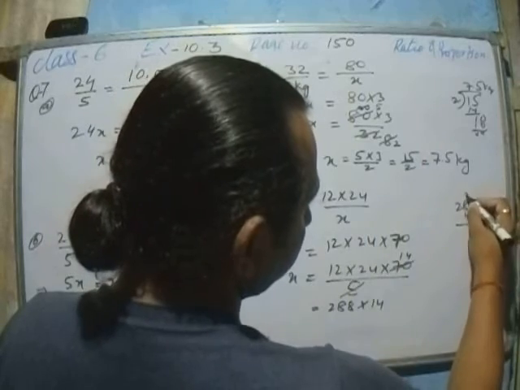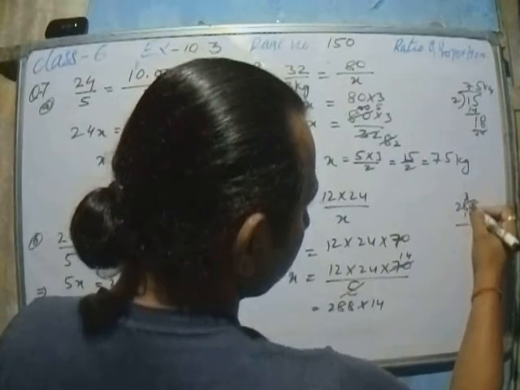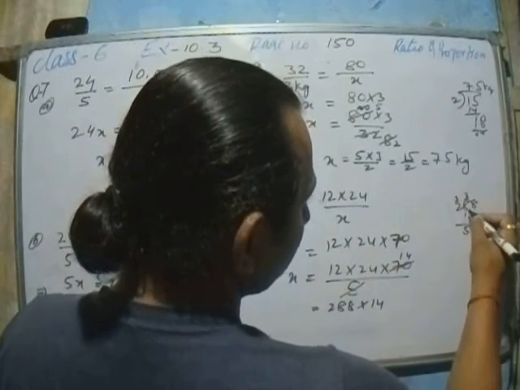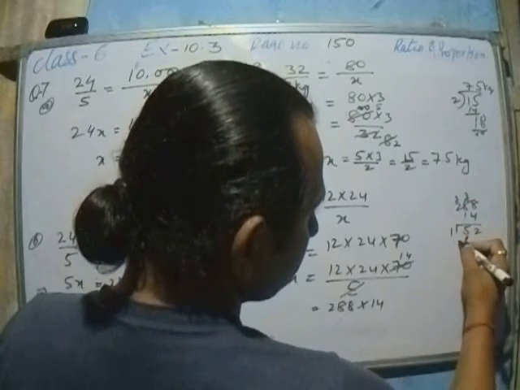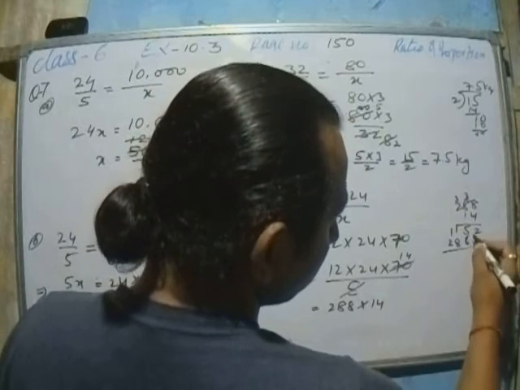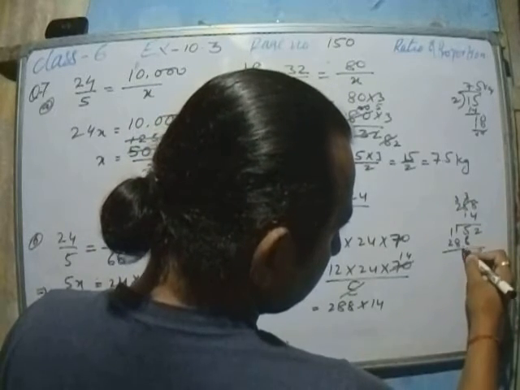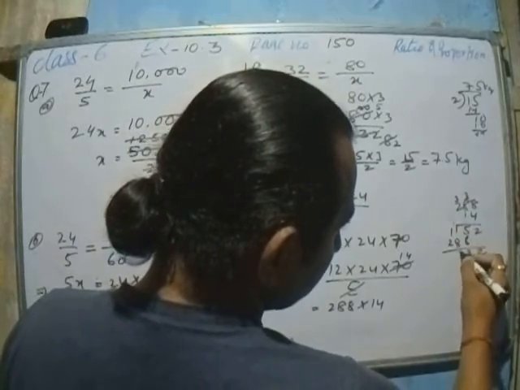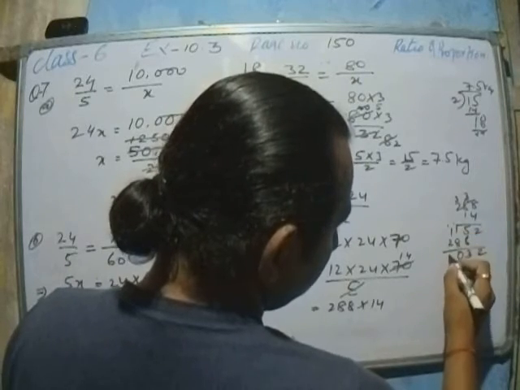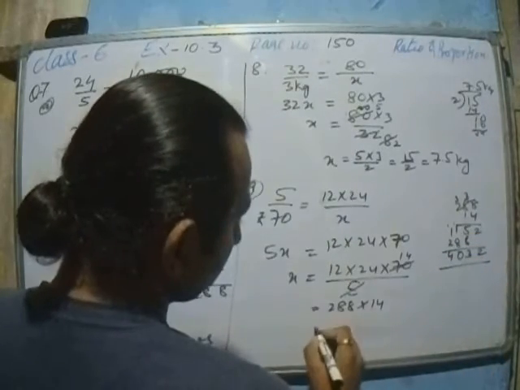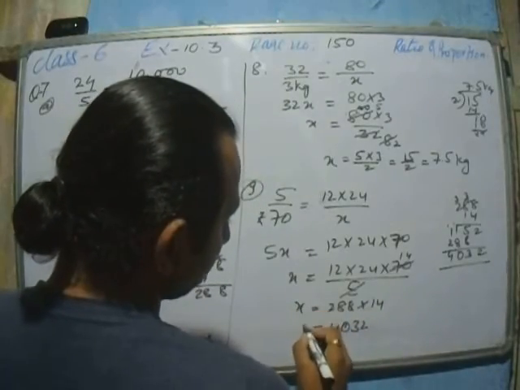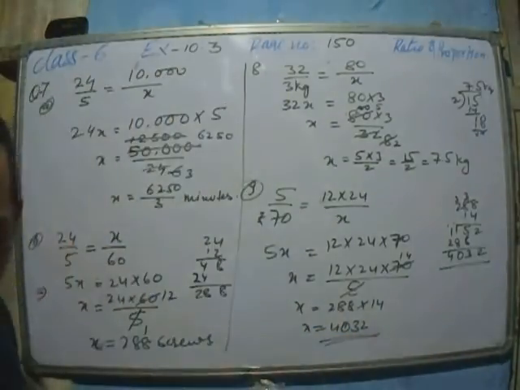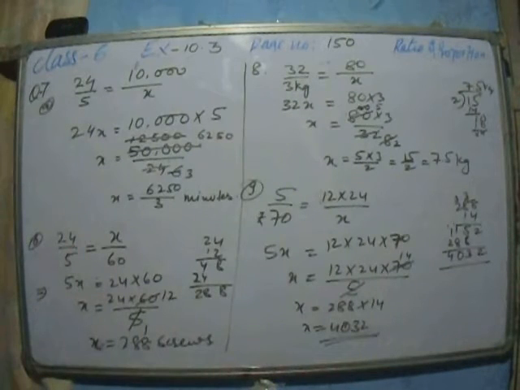4 8 32, carry 3, 4 8 32, 33, 34, 35, carry 3, 4 2 is 8, 8 plus 3 is 11. Okay. Then 8, 8, 2. So 2, then 8 plus 5, 13, then 1 carry, 8 plus 2, 10, then 1 carry, so here 4, which is 4032 rupees. Okay, so we got this much rupees. Now we are moving towards the next question. So not 9, it's question number 10.